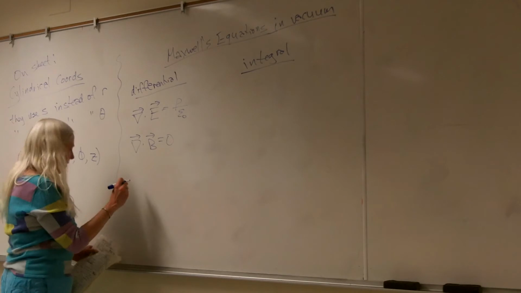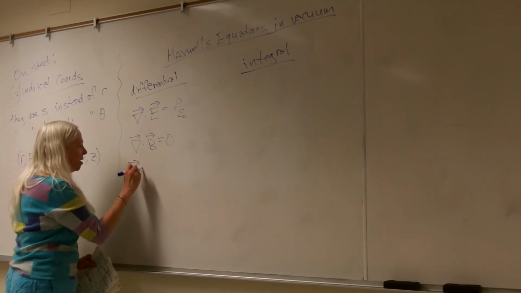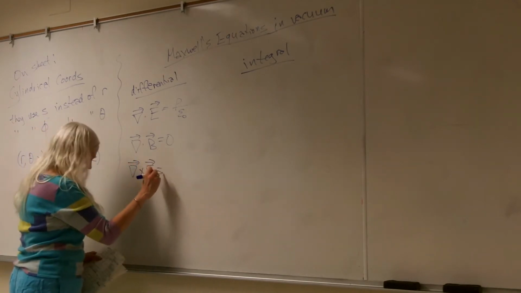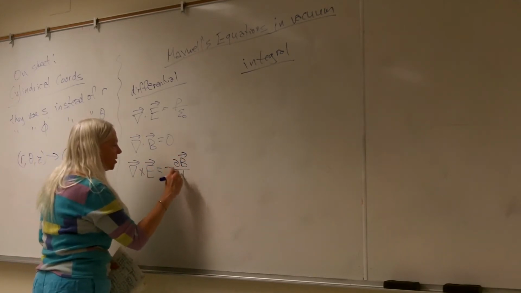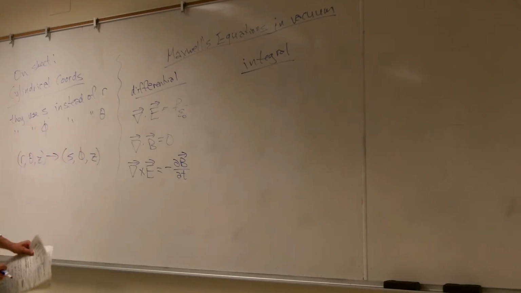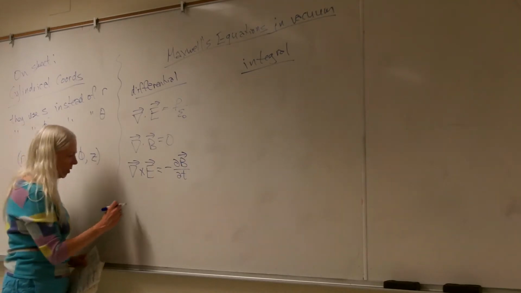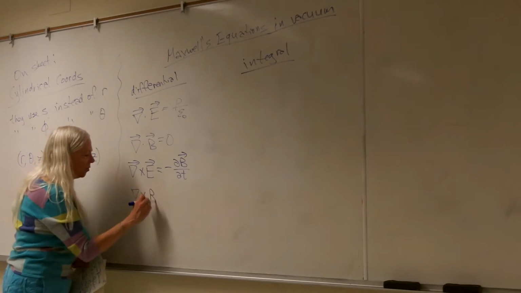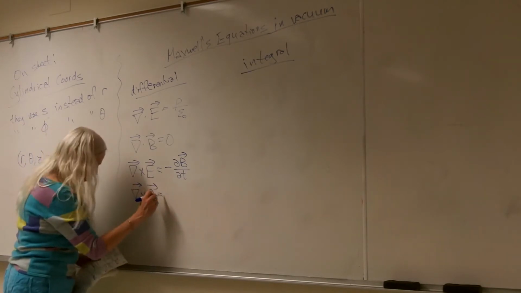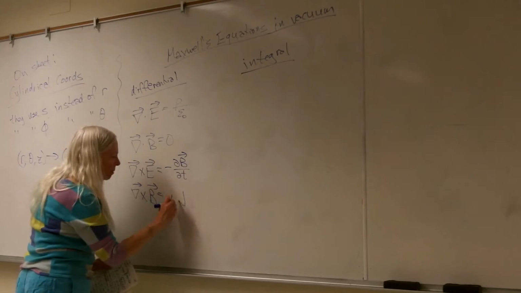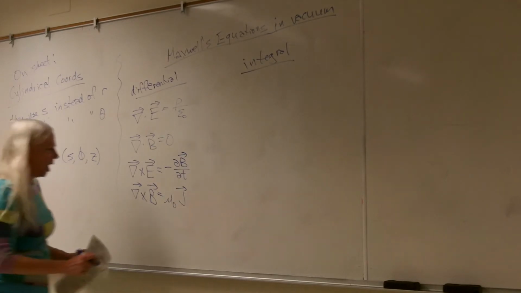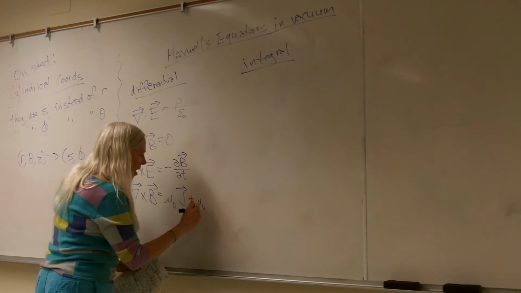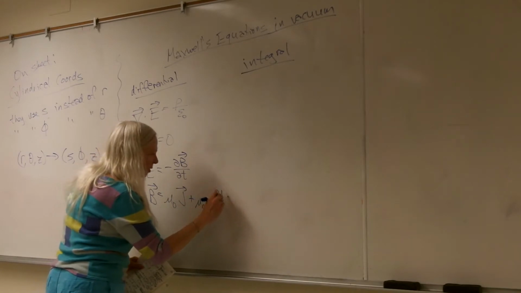The third one, which is Faraday's law, tells us the curl of the electric field is equal to minus the time derivative of the magnetic field. And the last one, which is the Ampere-Maxwell law, tells us that the curl of the B field is equal to mu naught times J, where J is the current density, or current per unit area flowing through a surface, plus mu naught epsilon naught times the time derivative of the electric